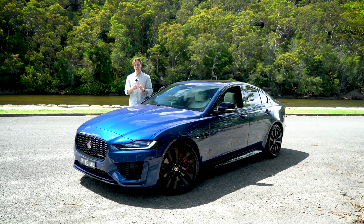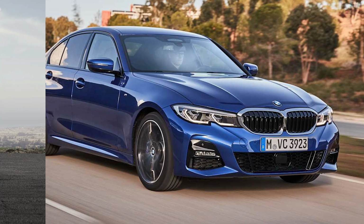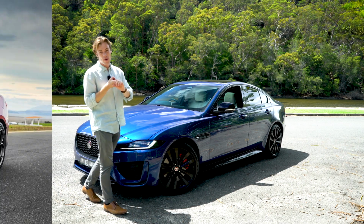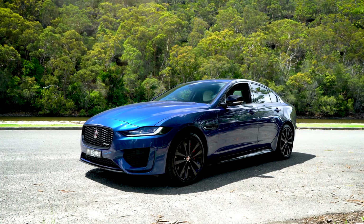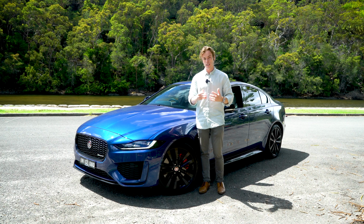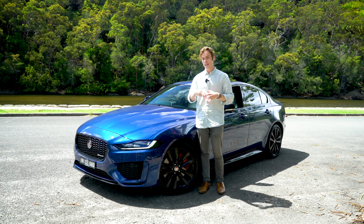Okay, so you have the usual suspects. You have Mercedes-Benz with their C-Class, BMW with their 3 Series, Audi with their A4, and then you have 3 others. You've also got the Alfa Romeo Giulia, and the Maserati Ghibli, and then you've also got this, the Jaguar XE. The first 3 are like the usual suspects. They're the safe plays. The last 3, including this, are the more exciting ones, but obviously they are a little